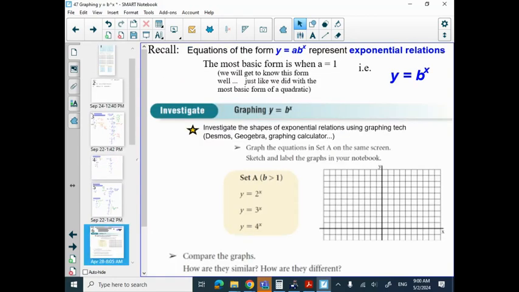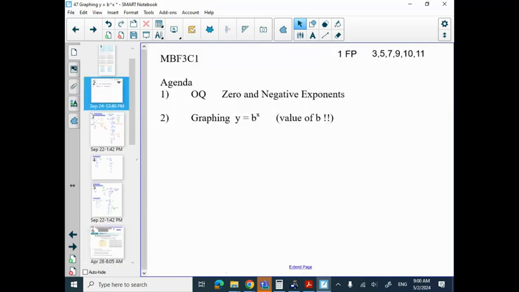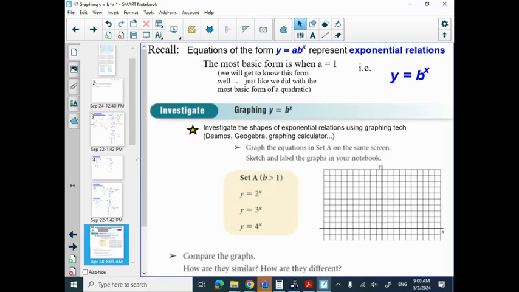All right, so the graphing stuff that we said we're going to get going on here. The most basic form is when a equals 1. So I might do that as well in this lesson. So what if you have 1 to the x? It does say when it's greater than 1 in there. So when b is greater than 1. But we can look at the 1 example as,